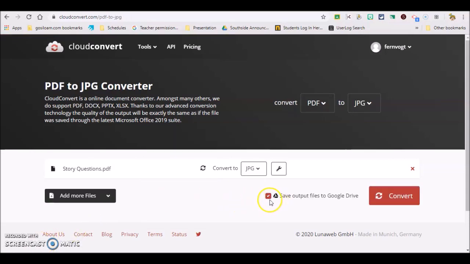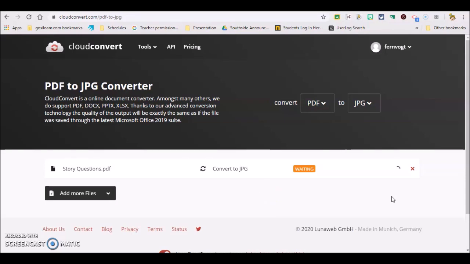You'll notice the default setting is to save output files to Google Drive, and then you click Convert. Depending on how big your file is, this may take a couple of minutes, or it might be almost instantaneous like this. Alright, so it says I can download it, but I know it's in my Google Drive already,